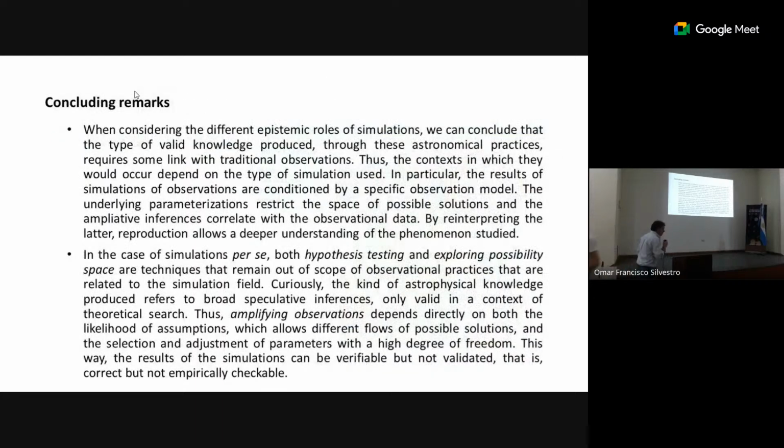Bueno, seguimos ahora con las conclusiones. Al considerar los diferentes roles que hemos visto de las simulaciones, concluimos que el tipo de conocimiento válido producido, en lo que hace al entorno de las prácticas, requiere sí o sí algún vínculo con las observaciones tradicionales. El contexto en el cual ocurre va a depender del tipo de simulación que está siendo usada, en particular en el caso de las simulaciones de las observaciones,